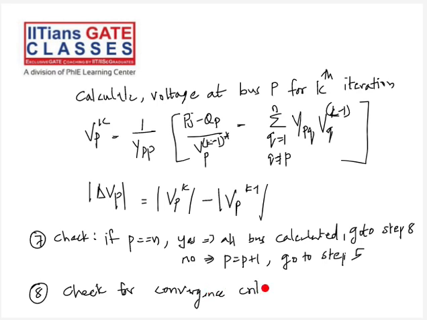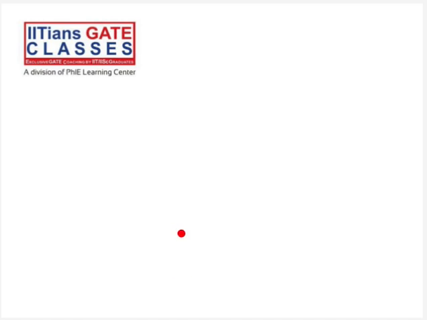What is the convergence criteria? Delta P max less than epsilon. So we check if we have calculated delta Vp for all the buses, right? So if it is less than epsilon, so if yes, it is convergent, or we have got our solution within our range. So therefore, stop. Right? If no,